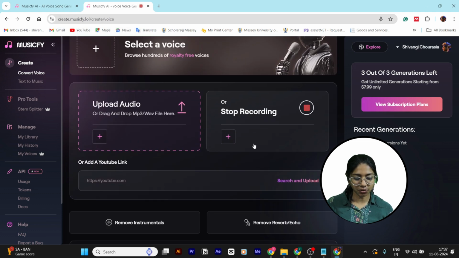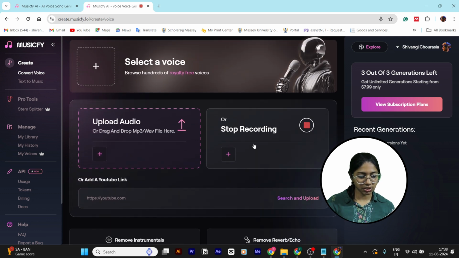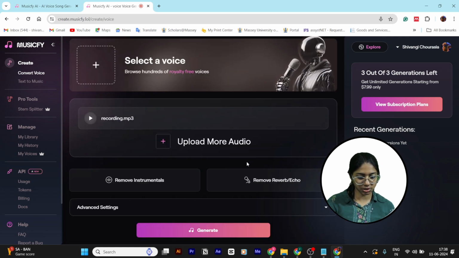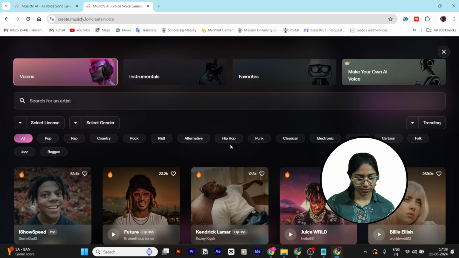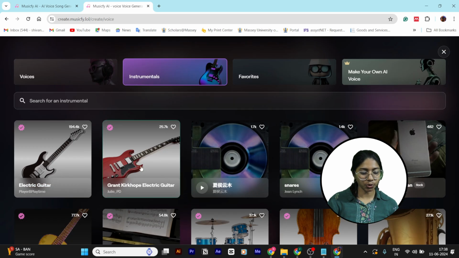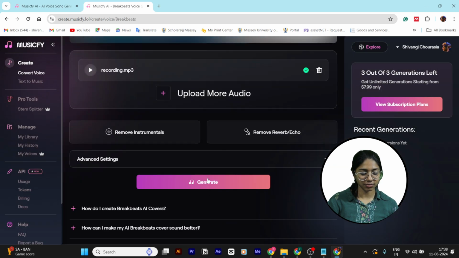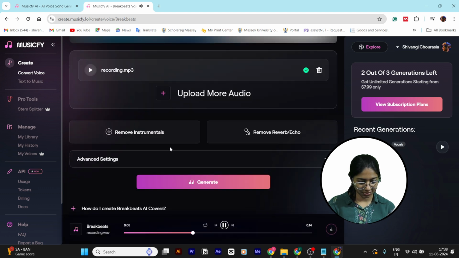I would be recording right now. I want to convert my audio into an instrument, which is drums. So you can see how the audio has been converted into an instrument. You can play with it.